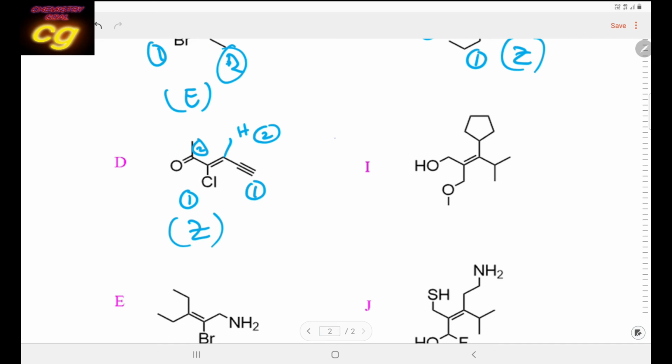And here also, in this case we can see carbon attached to carbon, here carbon attached to carbon, but it is the bigger group, carbon carbon carbon, here carbon carbon is completed but another carbon is there, so it will be 1, it will be 2. But here carbon attached to carbon, carbon attached to carbon, but next oxygen, both are same, but after oxygen R is methyl, after oxygen hydrogen is there, so this will be 1, this will be 2.